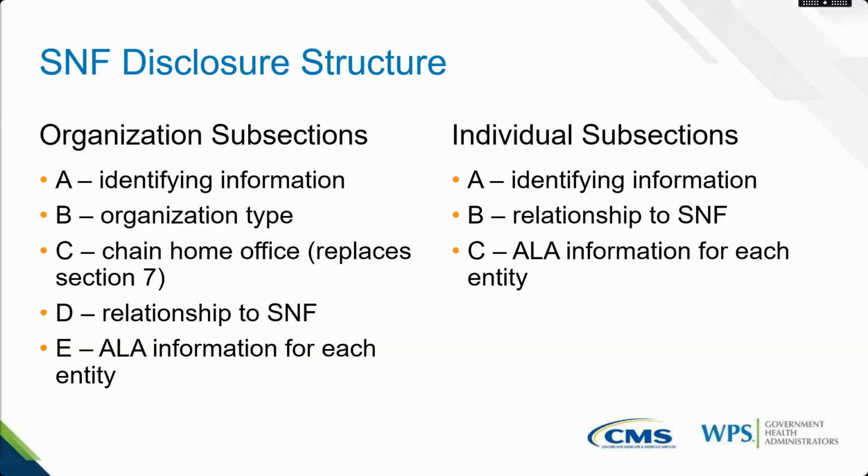The one thing that I want to call out is in PACOS, there isn't an attachment 1 SNF disclosure section. In PACOS, because the sections, the topics are not numbered, they're just alpha titles, it is still going to be reported in the organization ownership and managing control and the individual ownership and managing control. So it's not going to show up as an attachment. However, the section's going to look different.